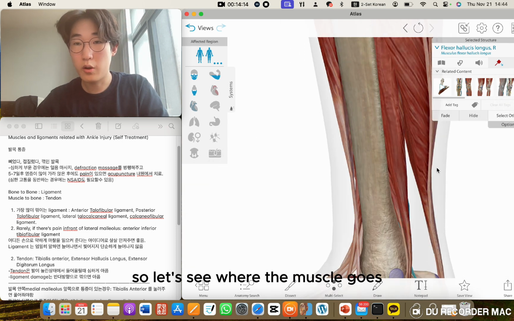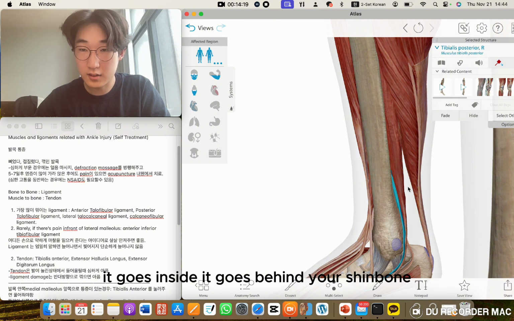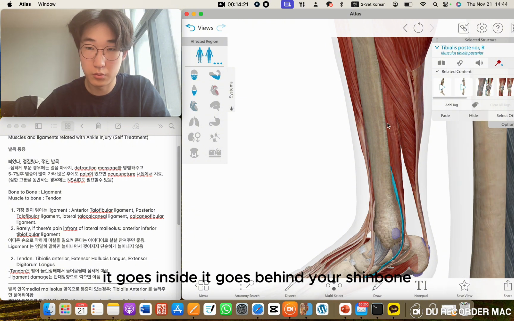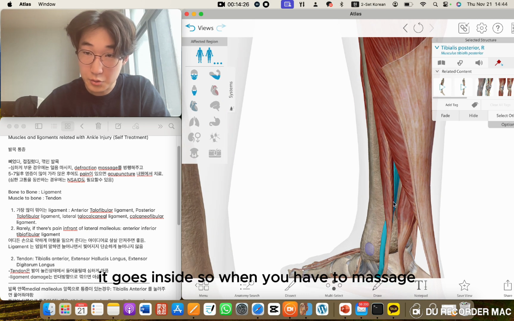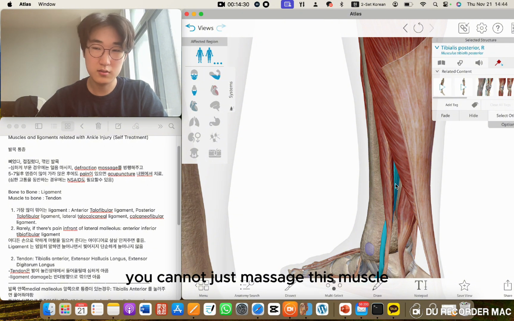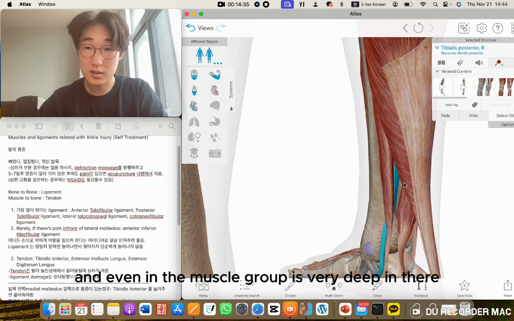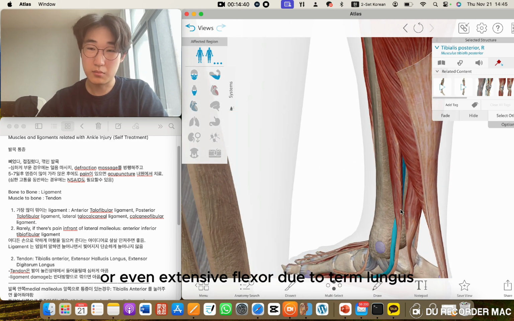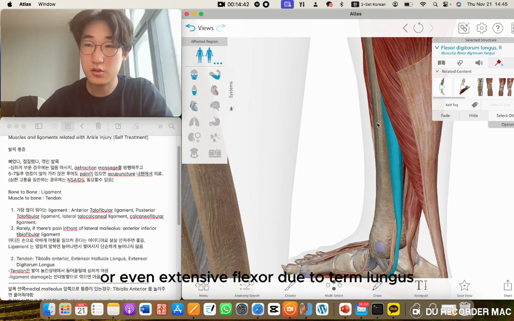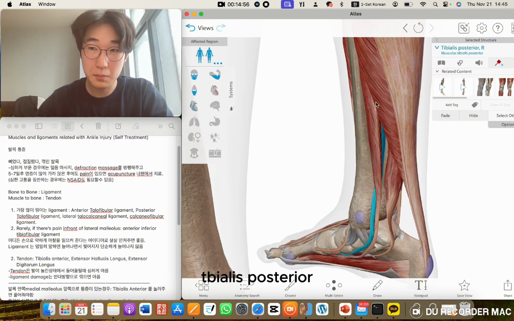So let's see where the muscle goes. Tibialis posterior goes inside. It goes behind your shin bone. Let's look at it this way. See, the blue one goes inside. So when you have to massage, you cannot just massage this muscle because it's not on the outside, not even in the muscle group, it's very deep in there. So in this kind of case, or even flexor digitorum longus, when there's pain in these deep muscles, tibialis posterior,